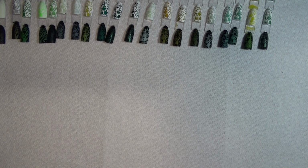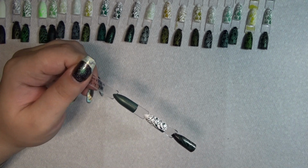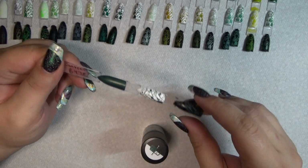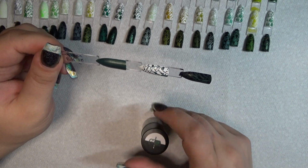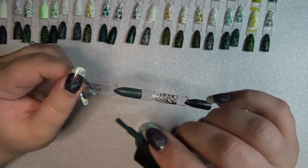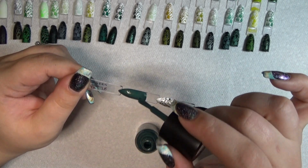Okay, so this one quickly turned into one of my favorite greens as well. I was kind of surprised. It came in the camping themed MXM box, and it is called Canteen, and it has a very soft gold shimmer, but it has also a very deep, almost emerald green. So this is a very beautiful